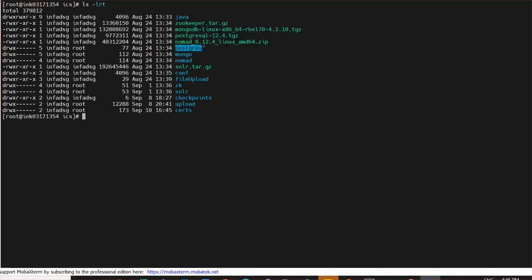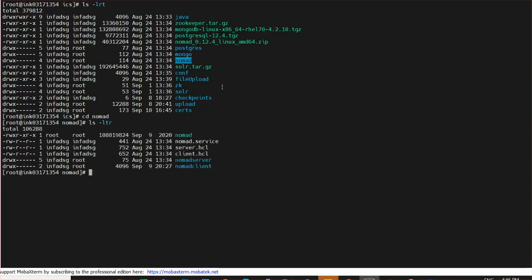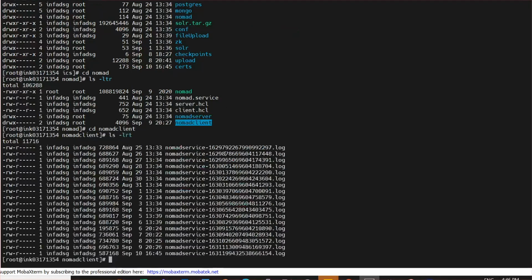Inside the cluster custom directory, you can see Postgres, Mongo, Nomad and Solr application services directories created during EDC installation. To get Nomad logs, go inside the Nomad directory and the Nomad client directory has all the service logs related to Nomad.